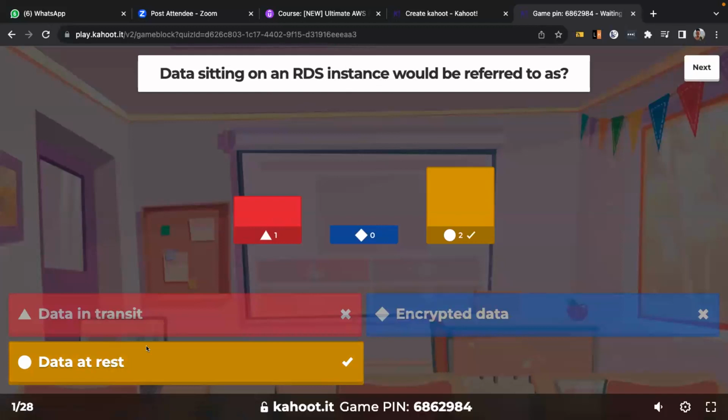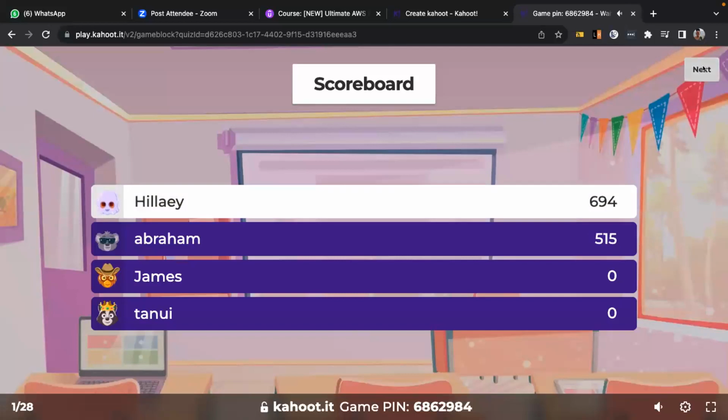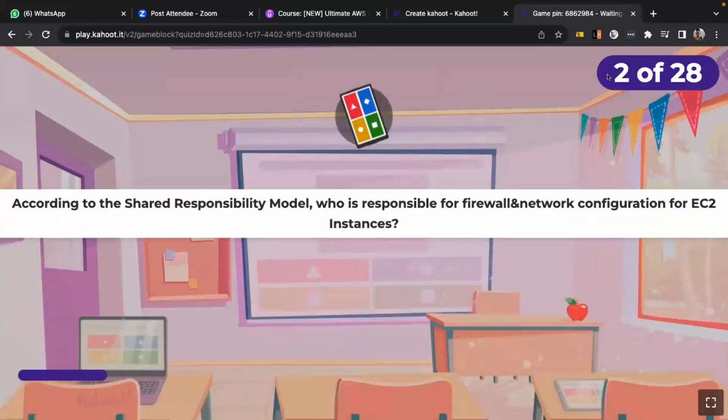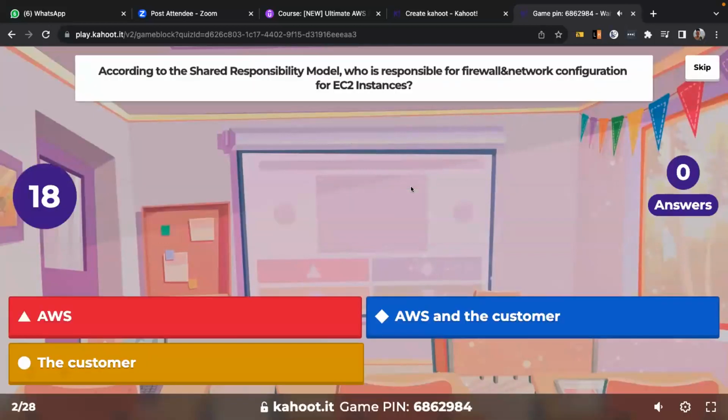But when data is being transferred from an RDS instance, RDS, for those who don't know, is a database, to somewhere else, we say that data is in transit. Okay, see Hillary. According to the shared responsibility model, who is responsible for firewall network configuration for EC2 instances?